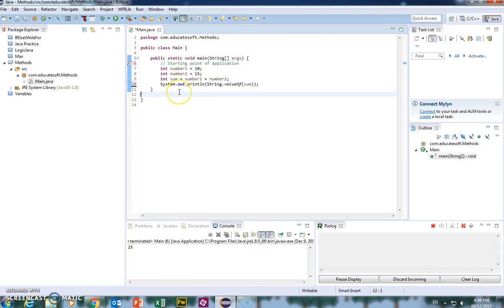Okay, but I'm going to make a new function. This is actually our method. Most of the time I call methods functions, but they're the same thing. So this is our main method. We're going to make another method. And again, don't worry about these keywords. That public static is just going to mean that we can access that